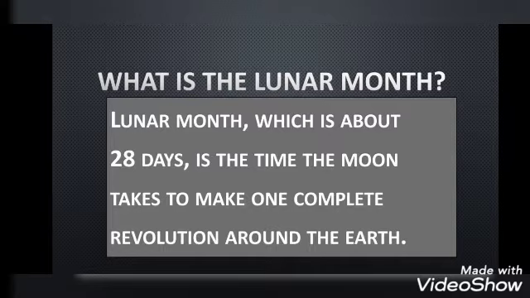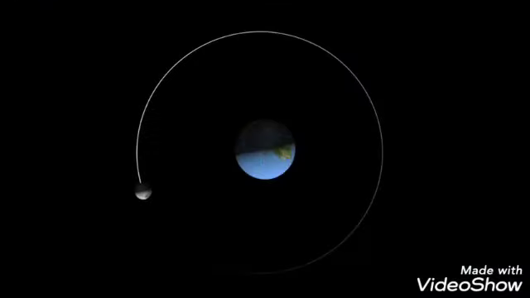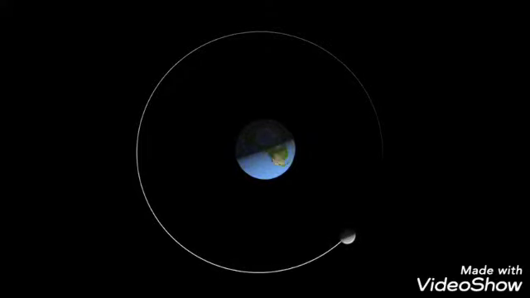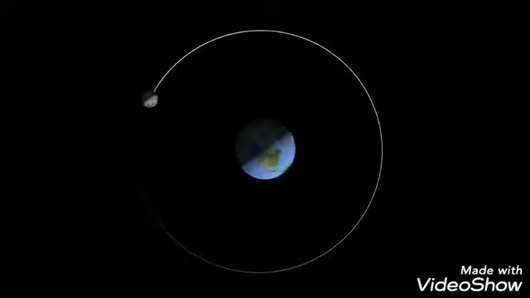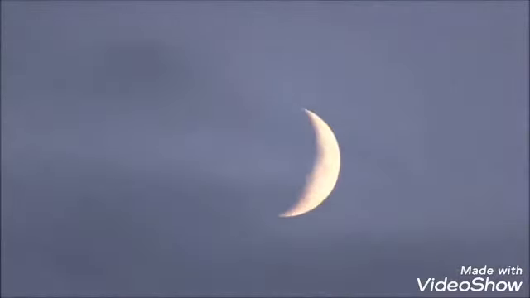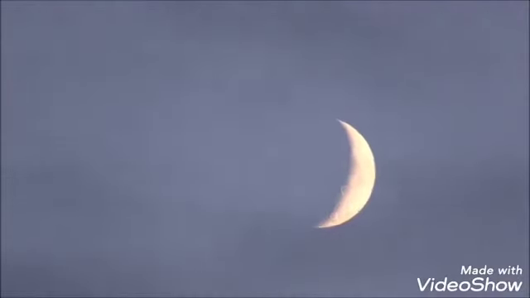What is the lunar month? The lunar month, which is about 28 days, is the time the moon takes to make one revolution around the earth. The moon orbits around the earth much like the earth orbits around the sun. However, while the earth takes 365 days to revolve around the sun, which is 1 year, the moon completes its orbit around the earth in 28 days, or about